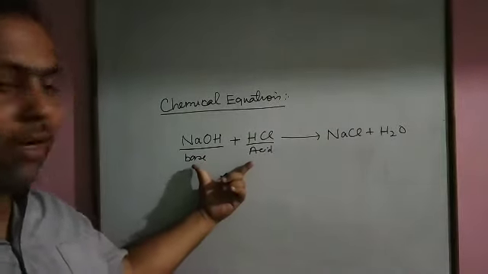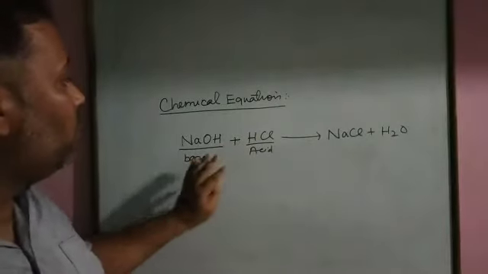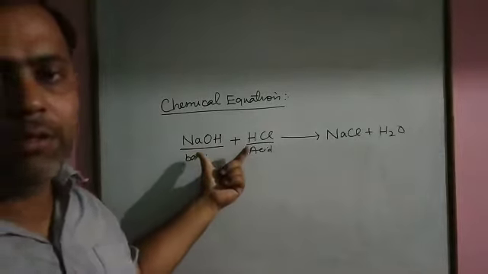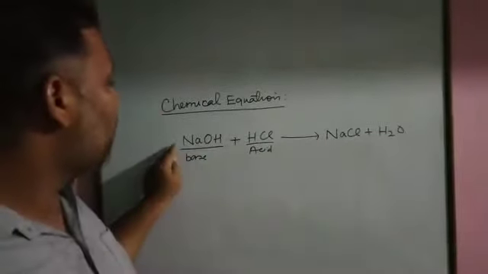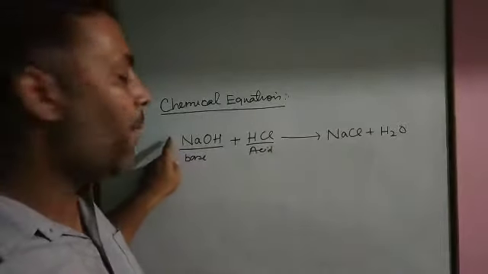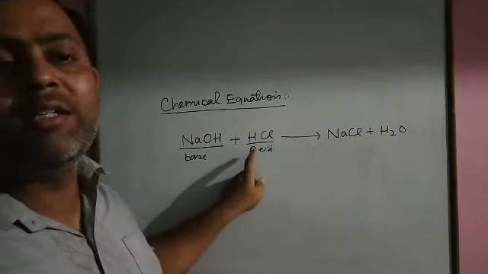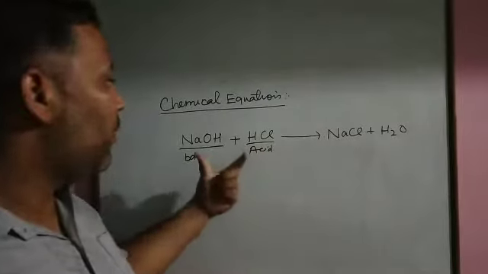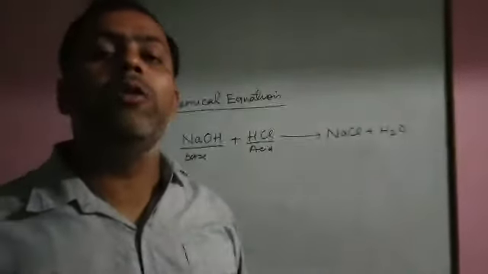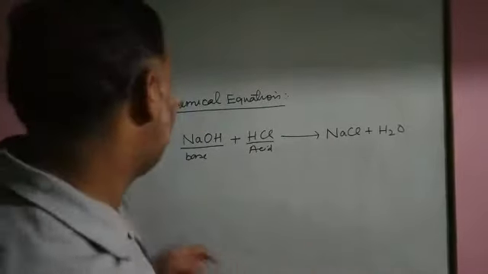You see here, it is a type of chemical change, and we are going to represent this chemical equation by means of signs and symbols. We represent the compound sodium hydroxide not by its name, but by symbols, that is sodium, oxygen and hydrogen, and the acid by hydrogen and chlorine. In a chemical equation, we represent a chemical reaction by means of signs and symbols.